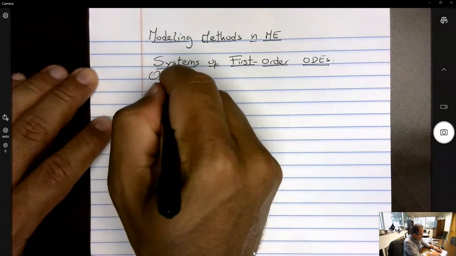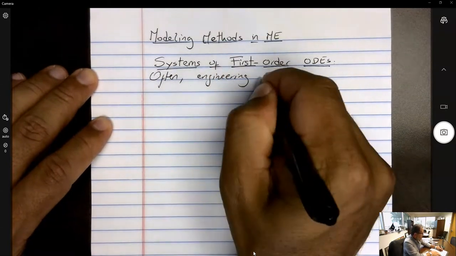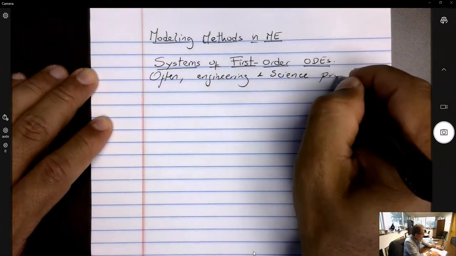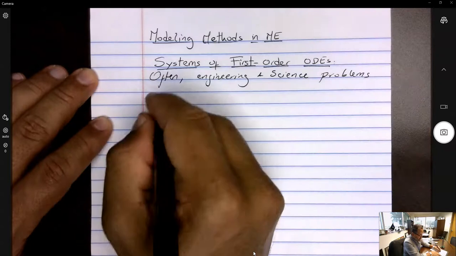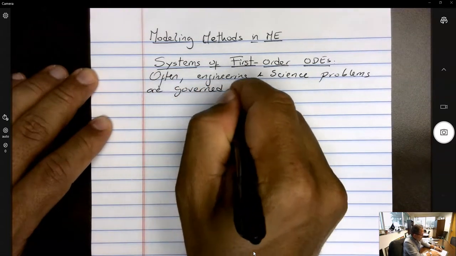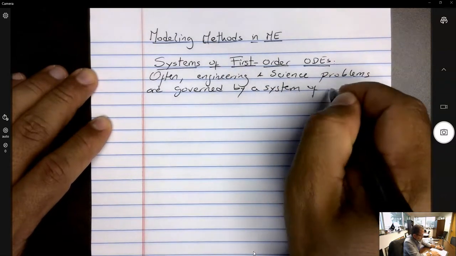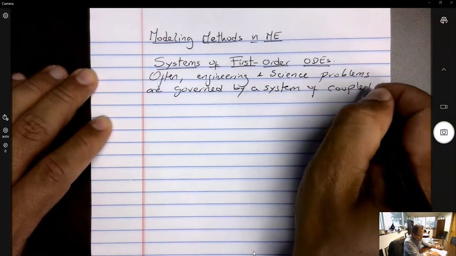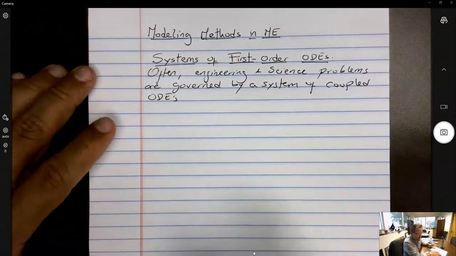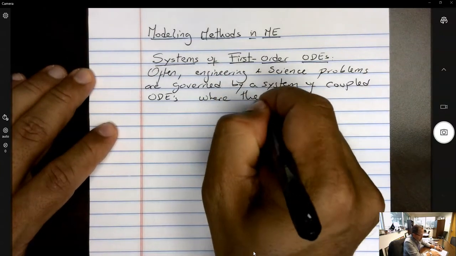So often, engineering and science problems are governed by a system of coupled ODEs, and that stands for ordinary differential equations, where the unknowns,